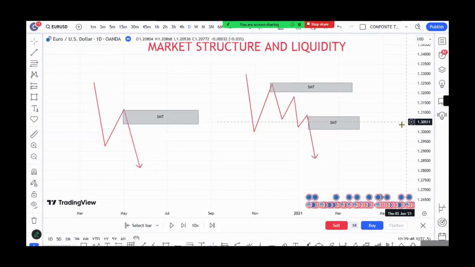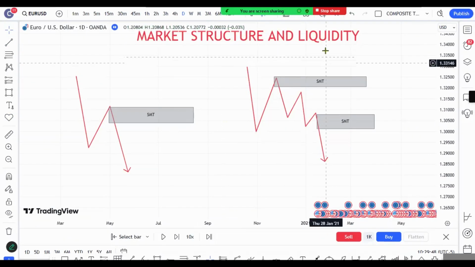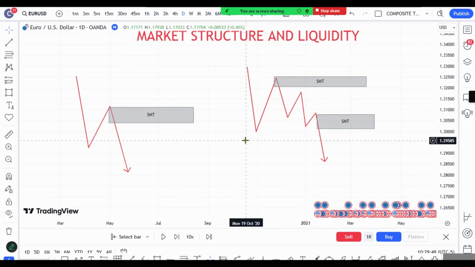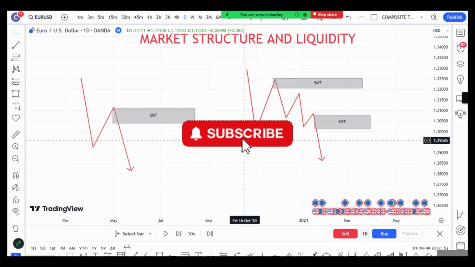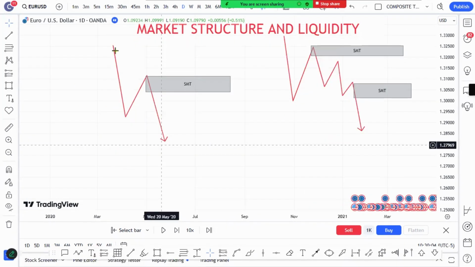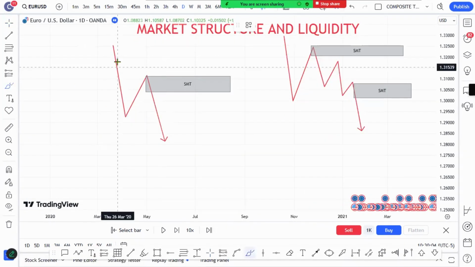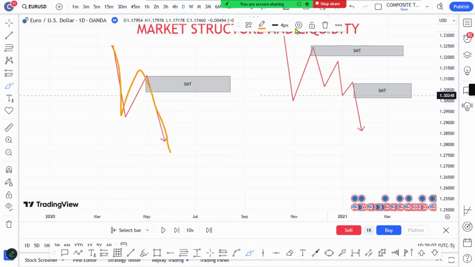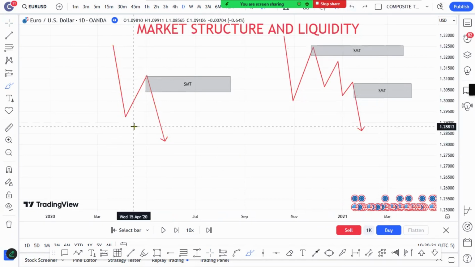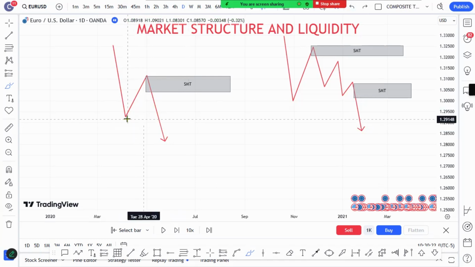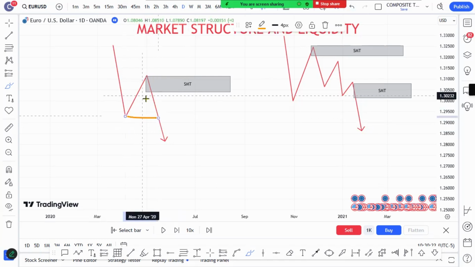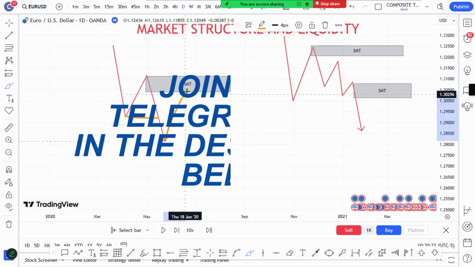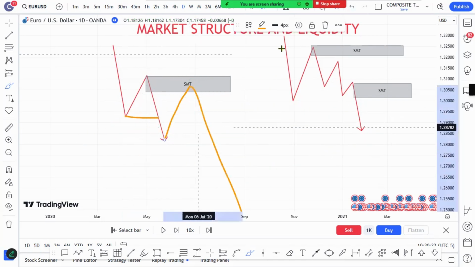Today we're going to cover liquidity: market structure versus liquidity, or plus liquidity. But I'm just going to make it as simple as it can be. For example, here we have this structure. Let's say you have a market structure which is bearish, to the downside like that. Most people are told that a supply zone, or a demand zone, is a level that leads to a break of structure. So whenever you have a break of structure here, you're told that your supply zone is here, and most of the time people wait for the market to come here and sell to the downside.